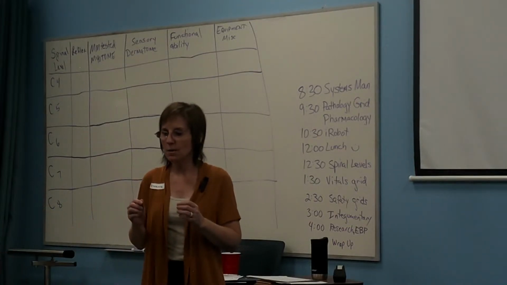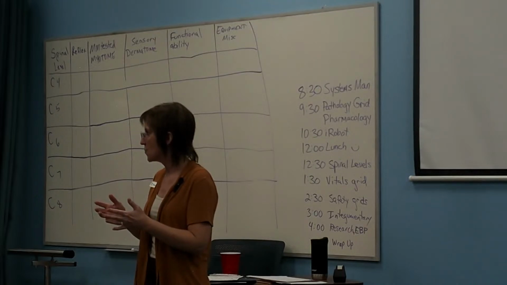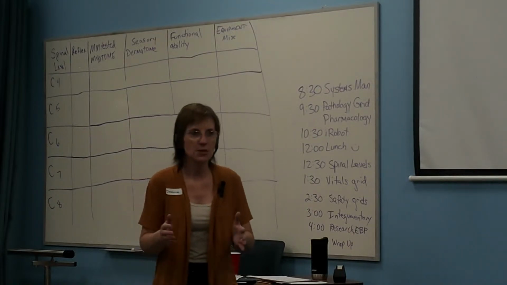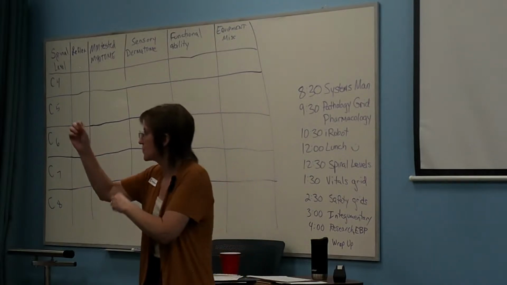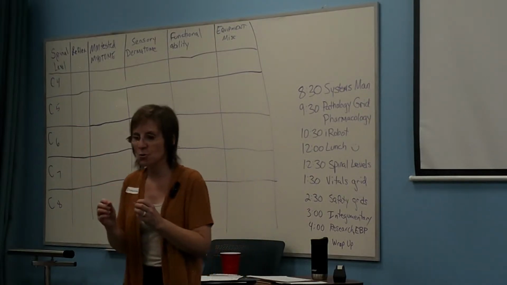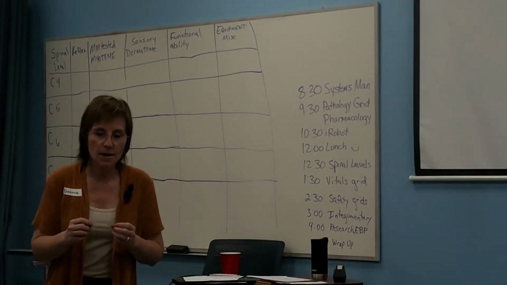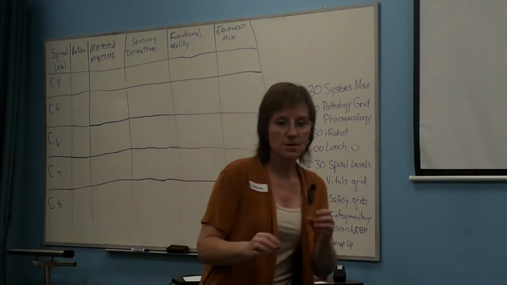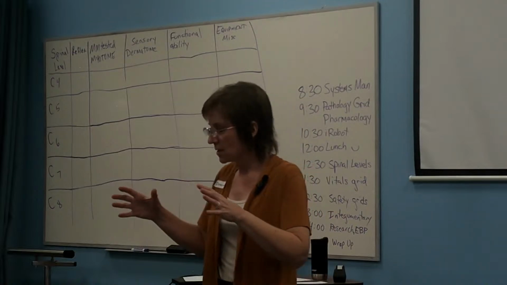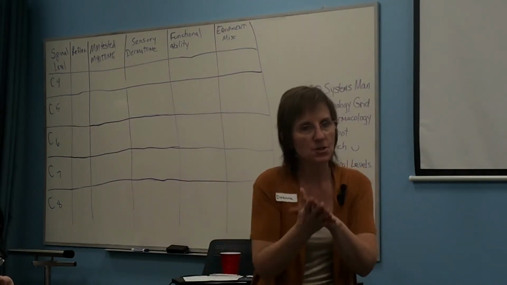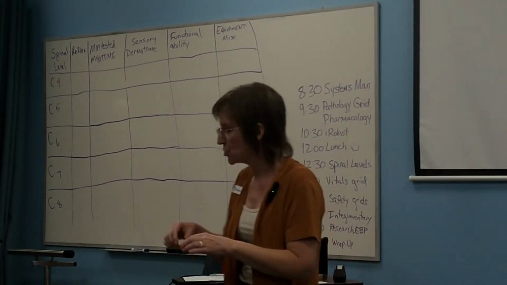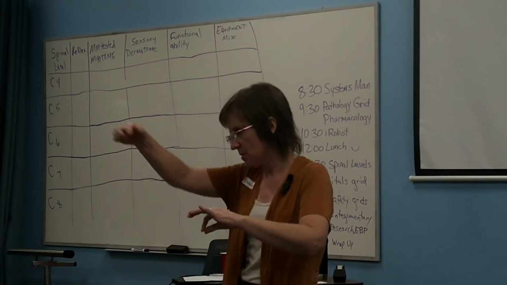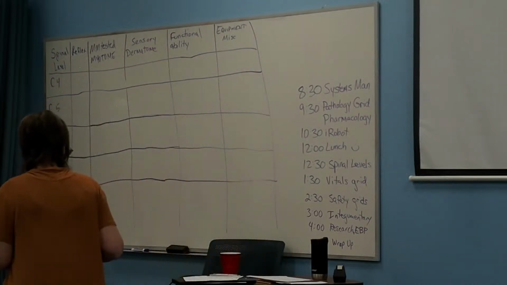If you were to look up what's going on at C4, there are 15 different pages where C4 shows up, giving you little bits of information on all different pages. So the first goal is for you to identify all that information in one place. That's what this grid is: let's take everything it's giving me and get it in one place so I can sort through it. The reason for the sticky notes, and you may end up needing to tear those in half so you can stick them all over the place, as you can see I've done over the years,